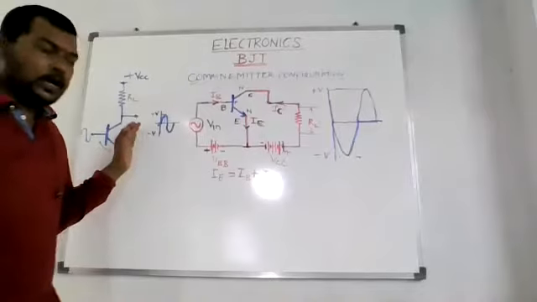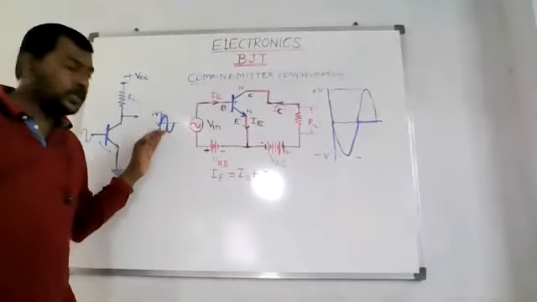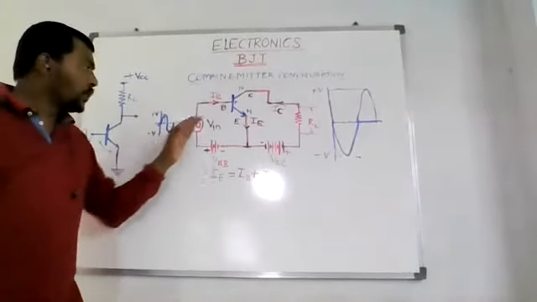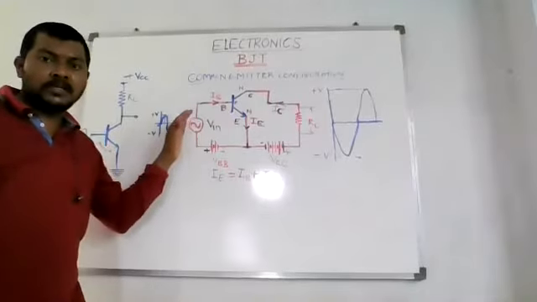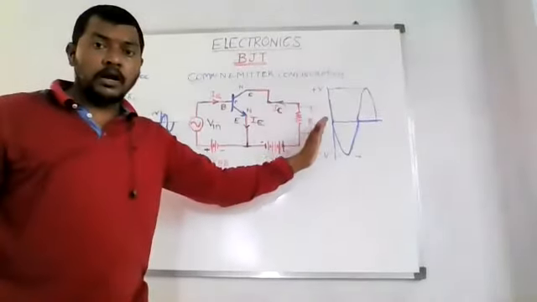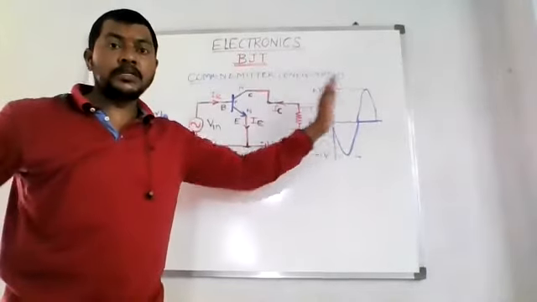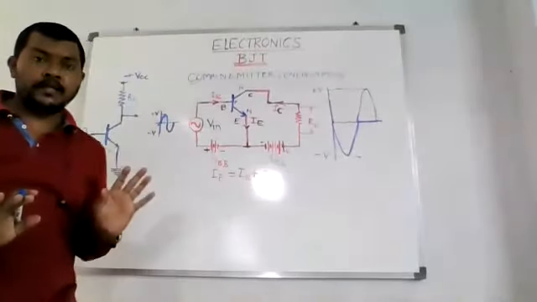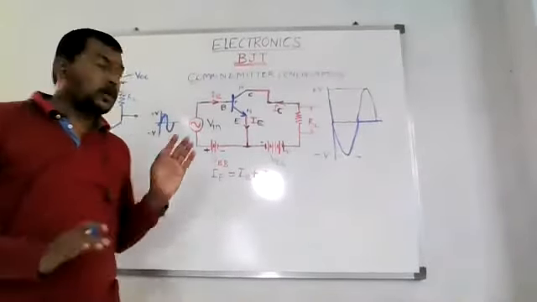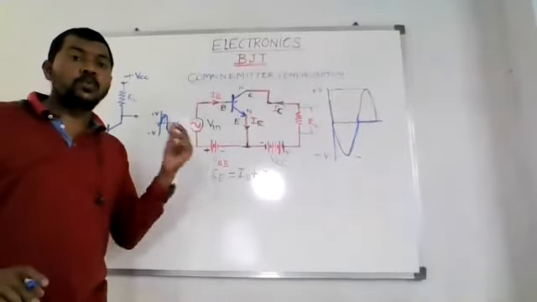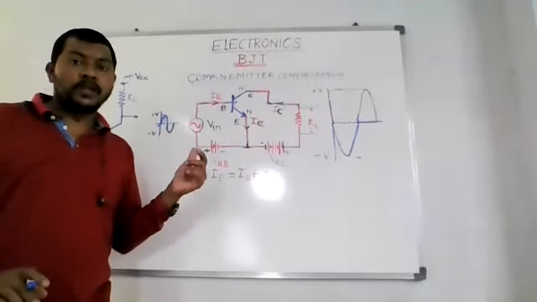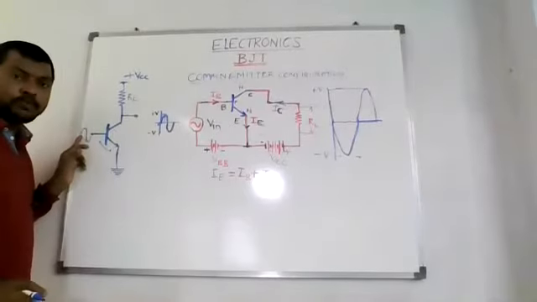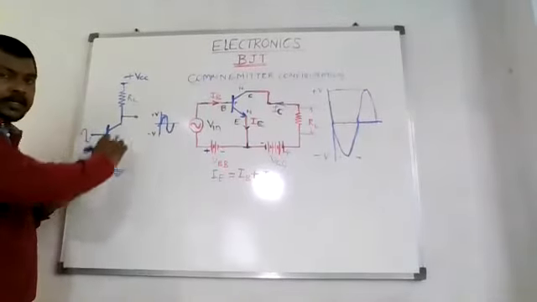So when you give V input, meaning an AC voltage like this, to the input of this transistor, the output appears like this. So it is actually a 180-degree phase shift, and this is why the common emitter amplifier gives a 180-degree phase shift of output, right? Whenever we go to the positive half cycle, the output is automatically reduced.